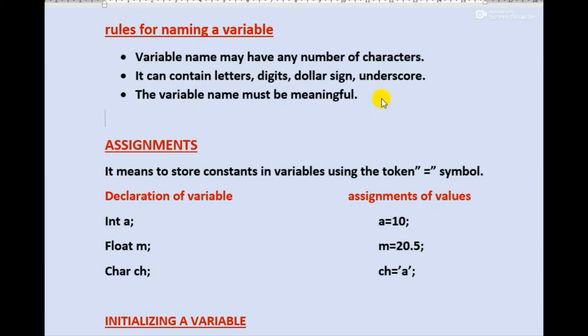Suppose we are going to use a variable like employee name, we can use emp, then underscore, and then name. So this is the use of underscore to separate two words in a variable name.